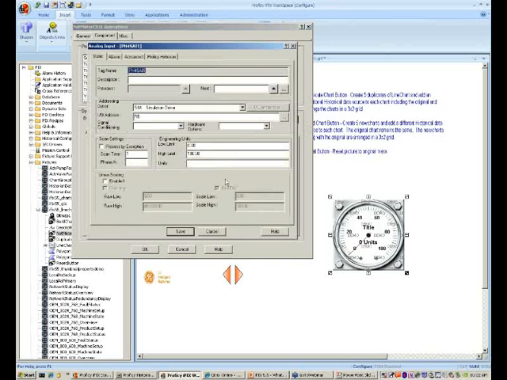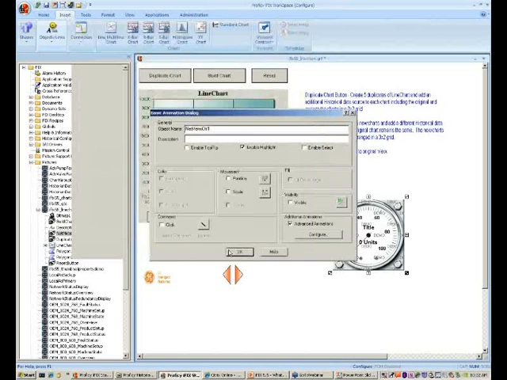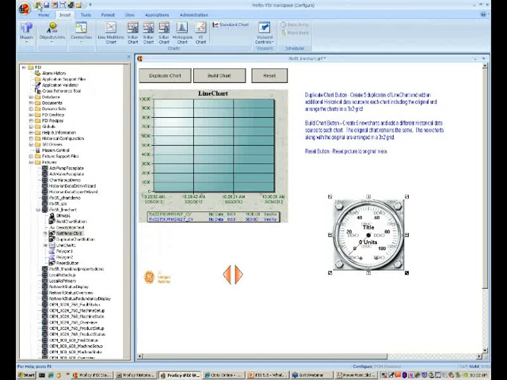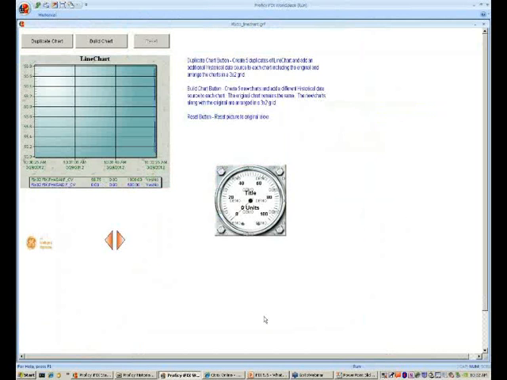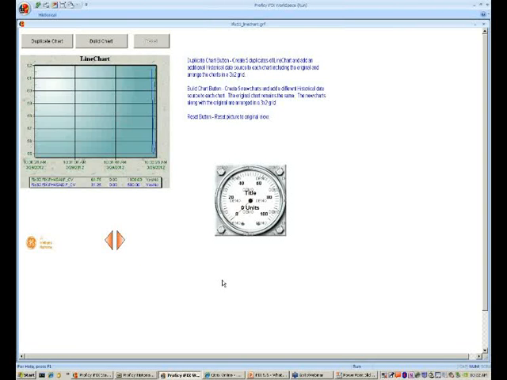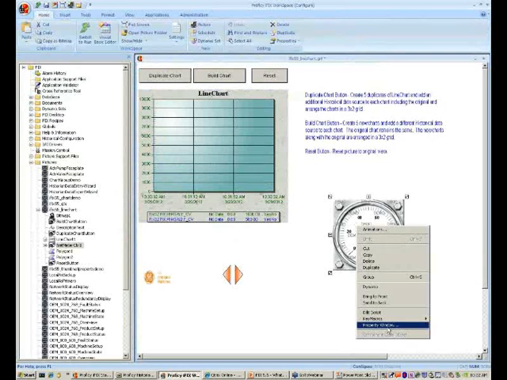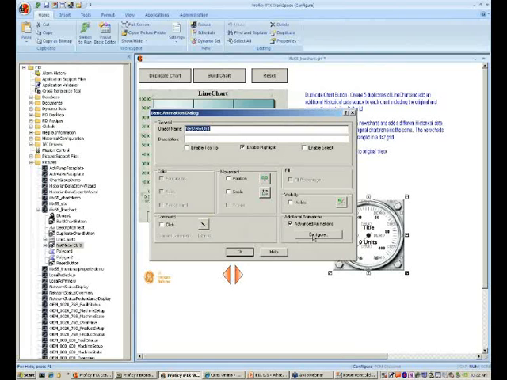I'll just use a tag that has a 0 to 100 here, so we can see the scale. And as I go here, it should animate based on the value. Okay, let me see what that is. But the idea here is that it allows you to go in and